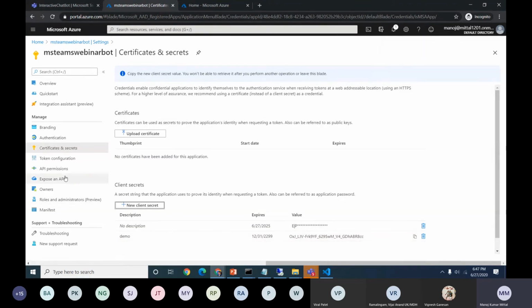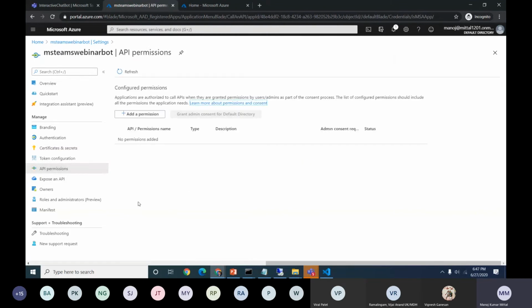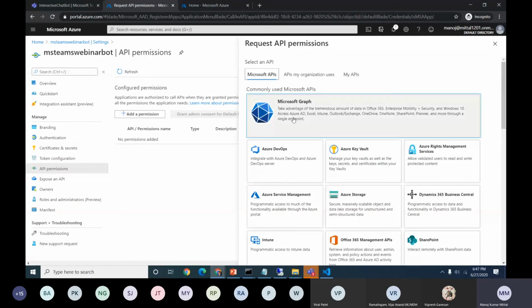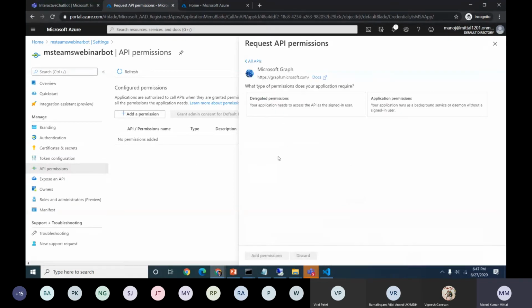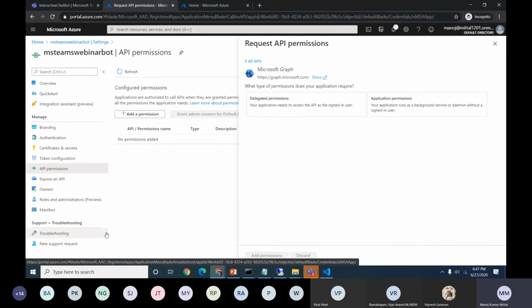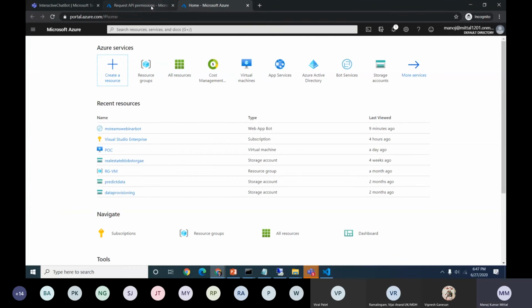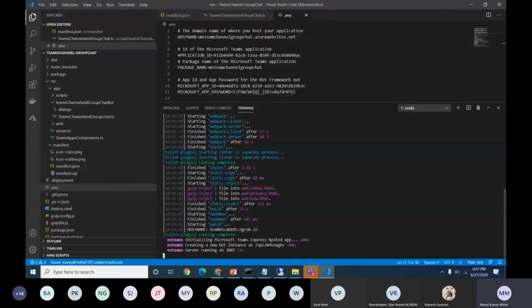So we can give access to all the APIs, whatever we are going to use, and whatever permissions we need to grant, we can grant accordingly. So if I need to give permissions to the Graph API, whatever type of Graph API, delegated and application related, we can select it and grant the permissions. And this is also a great feature, no need to define explicitly. Our bot app ID is directly connected with the Azure AD instance here. Okay, so let me go back to this section.